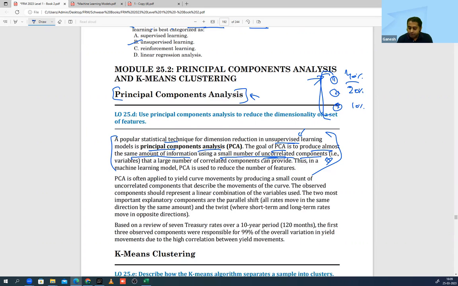Now, why are we using this model? Because PCA helps you reduce the number of features. Feature over here means independent variables. Suppose there are hundreds of independent variables which can explain the GDP of India. When I run a PCA, I will come to know that 5 or 6 independent variables are explaining the majority, suppose 80% of the change in the GDP. So I can focus only on those variables. PCA as a method helps you reduce the clutter in the data, or the number of variables you should focus on. Is that clear? That was the first paragraph.